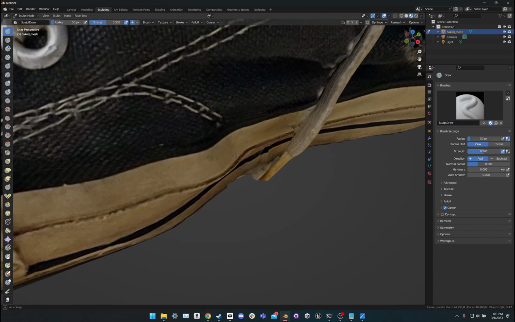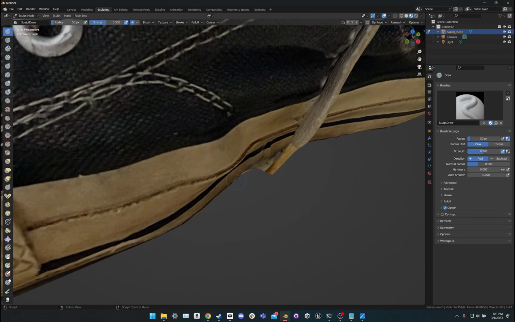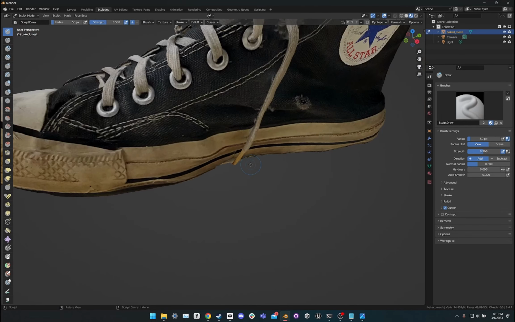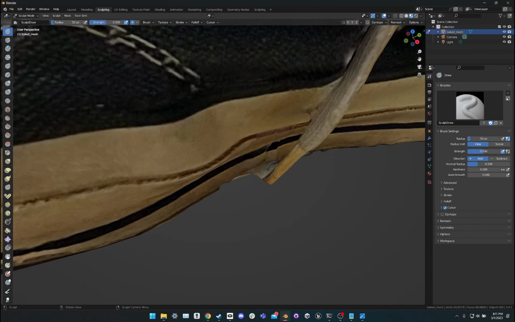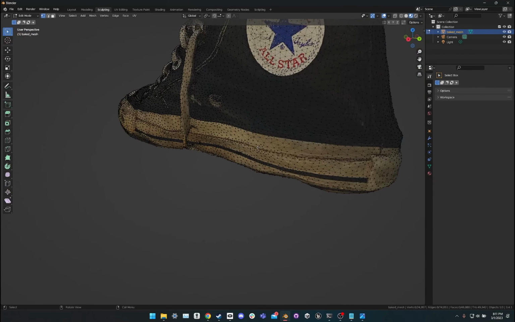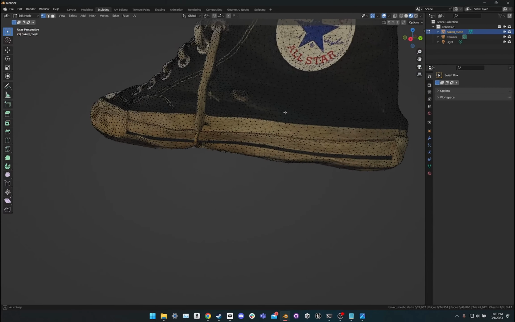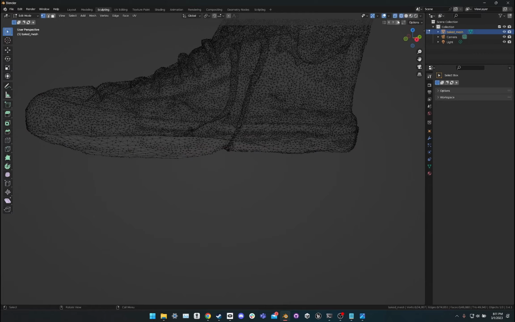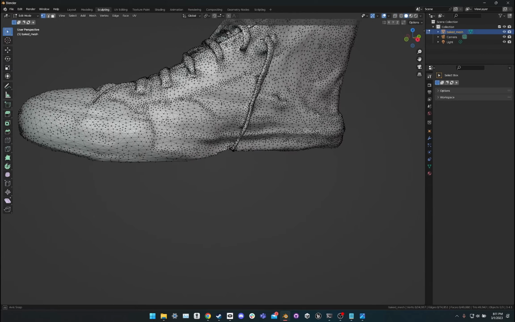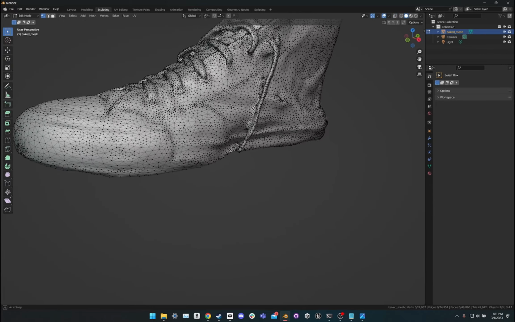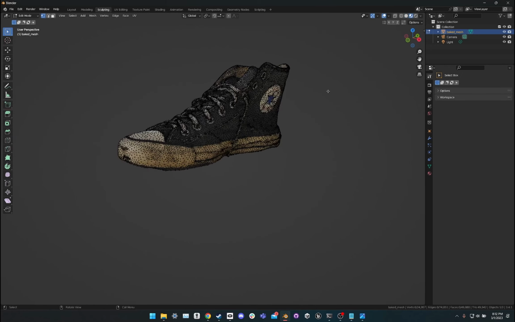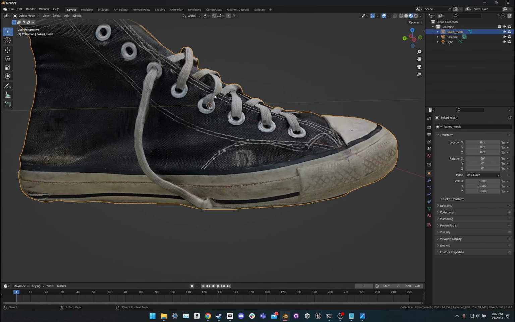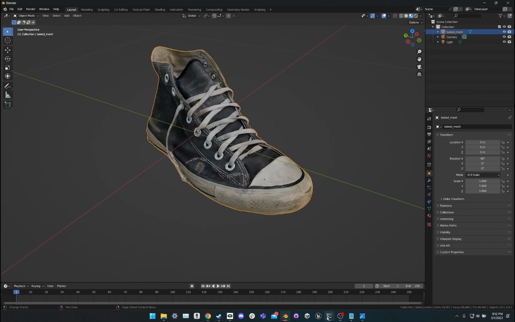Yeah, that's what I'm looking for. So, this is just a short demonstration, but you can see that's close enough. Alright, so now that we've cleaned up the model,